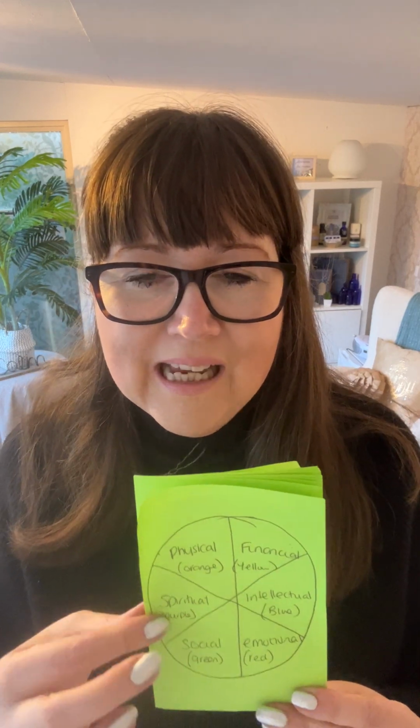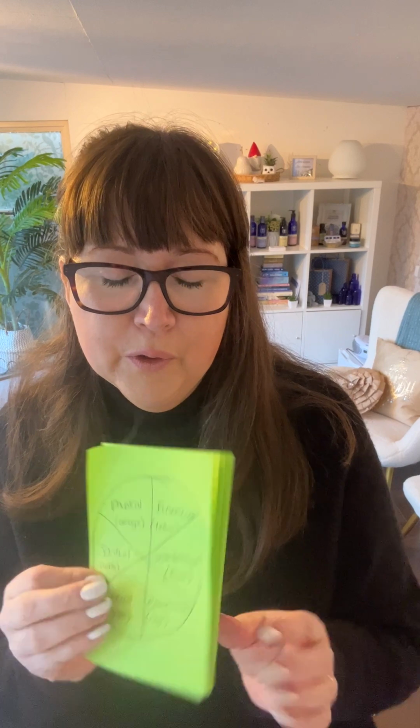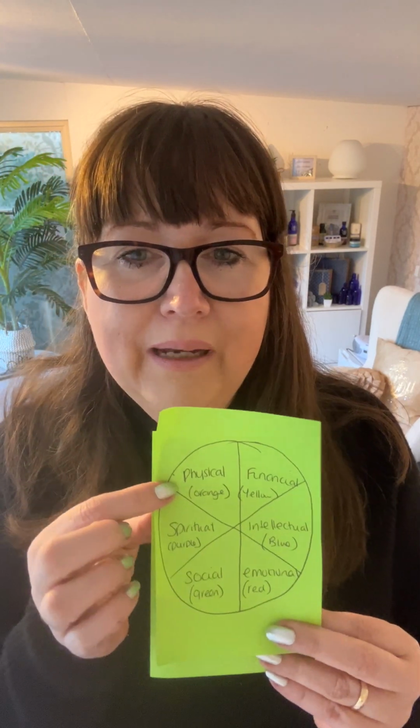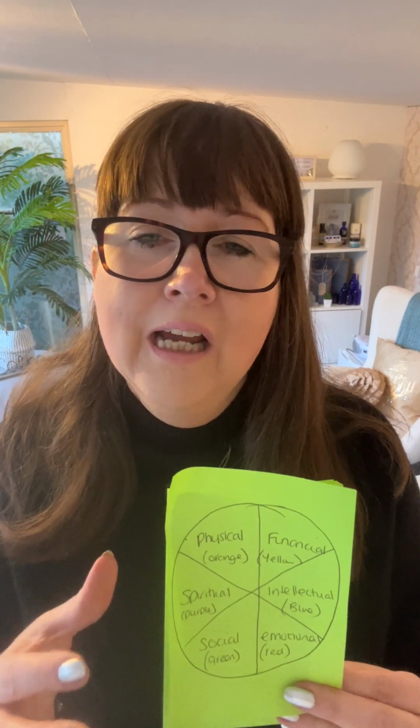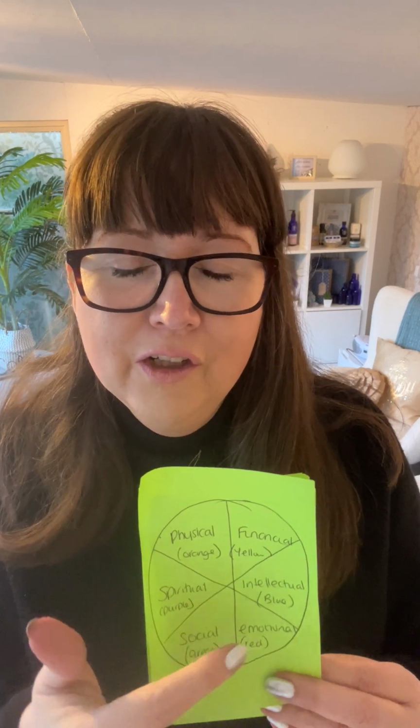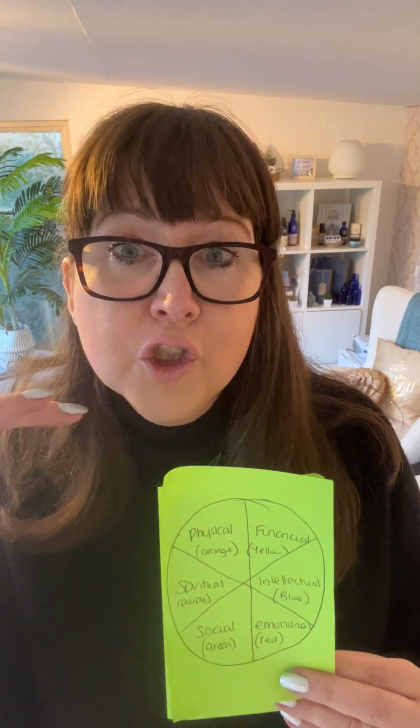Alternatively, you can just use a pencil or a pen and just scribble in what you want to grade your satisfaction level is for each segment, each pillar of the Wheel of Life that we're going to talk about. And just to give you an idea of what that means before I go any further, I've just drawn another Wheel of Life here very quickly for you. So when I talk about these questions that you can go away and have a little bit of a think about, you want to rate how happy you are with each segment, how fulfilled, how positive, how abundant you feel in each segment. I want you to score it.